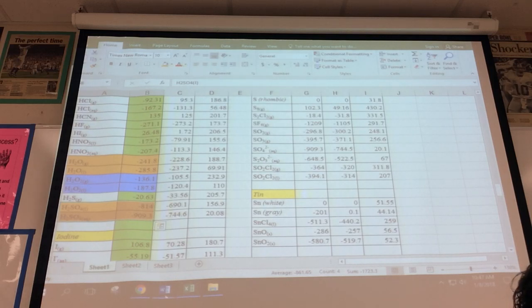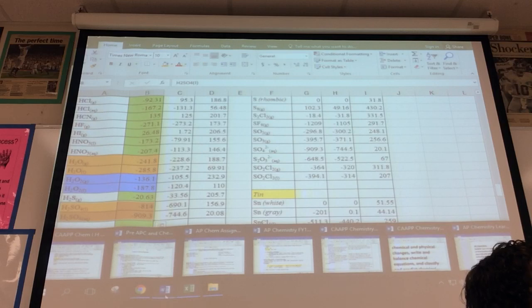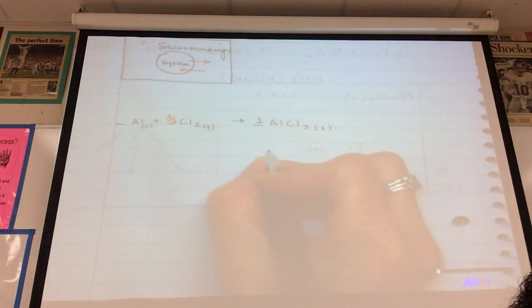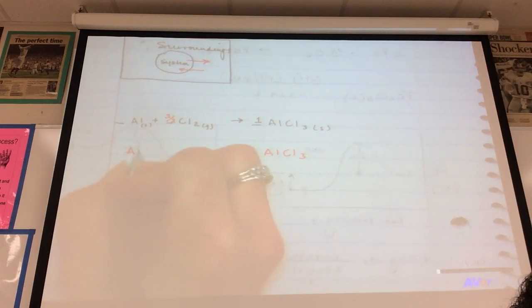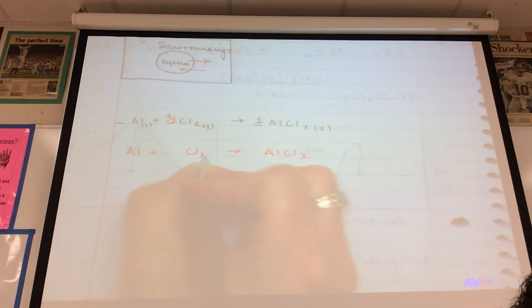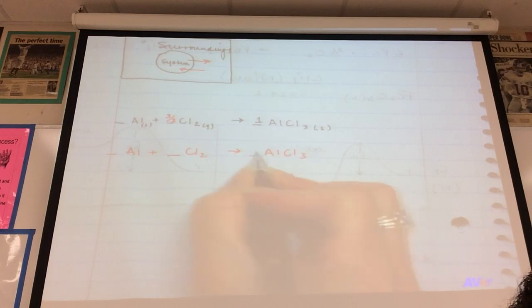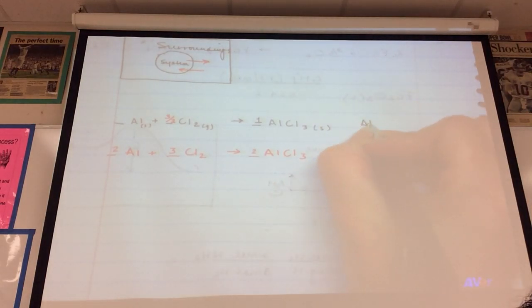Dr. K, why does it have to stay 1? Because the formation value is always for 1 mole. So if you had 2 moles of this or whatever, let's say I didn't put the states of matter, but they wouldn't change. Let's say you were balancing this normally. The delta H